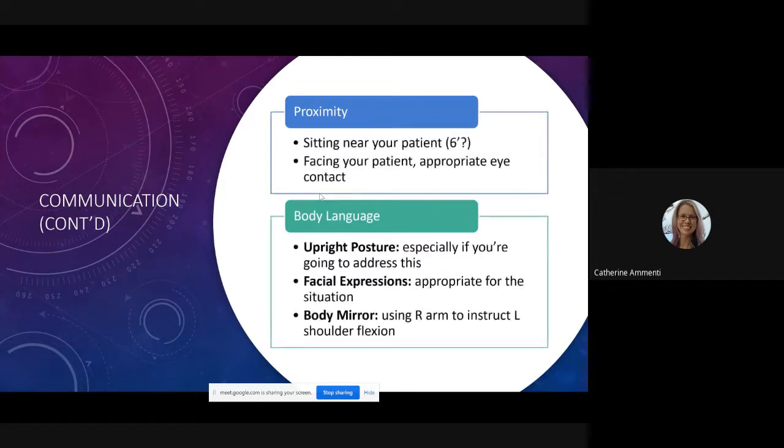Okay, proximity with your patient. You do need to be sitting near your patient. Most of us will be wearing face coverings of some kind, so we should be able to get a little bit closer than 6 feet. Make sure you're near your patient. You want to be able to speak in an inside speaking voice. You don't want to be so close that you would be able to whisper